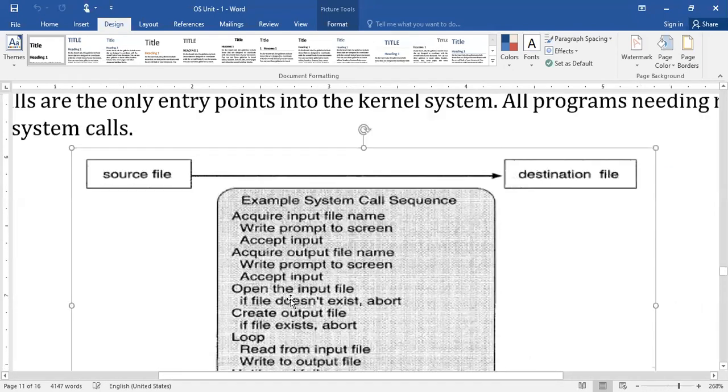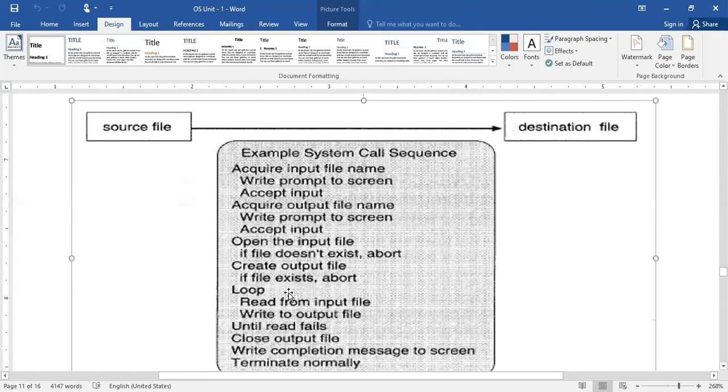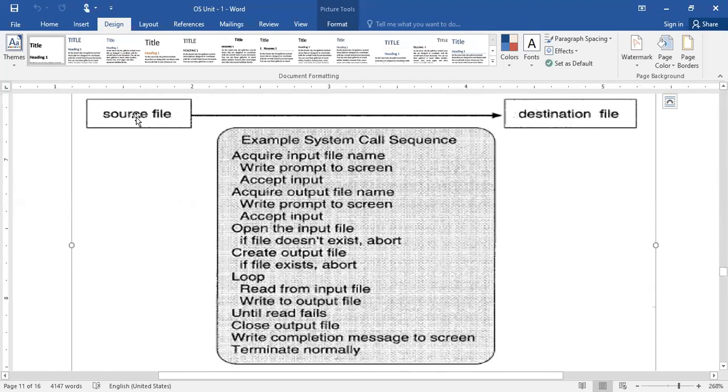Two more things happen internally. Whatever file name we have entered as the input file, if it does not exist, what happens in that case? Simply, it stops the process when the file does not exist. It may display a message like, do you want to create a new file with the same name? The same case happens for the destination file also. Whatever name you have specified, if it already exists, in the previous case, if it does not exist, it displays the error message.